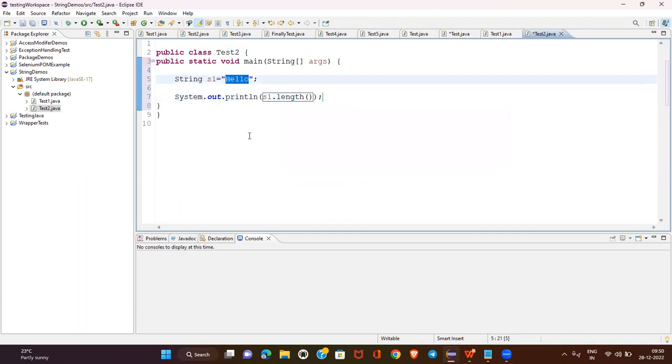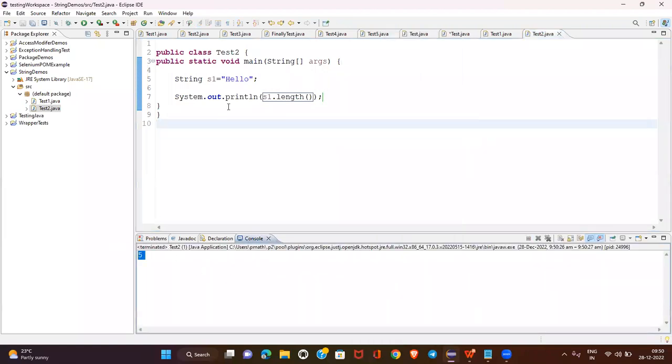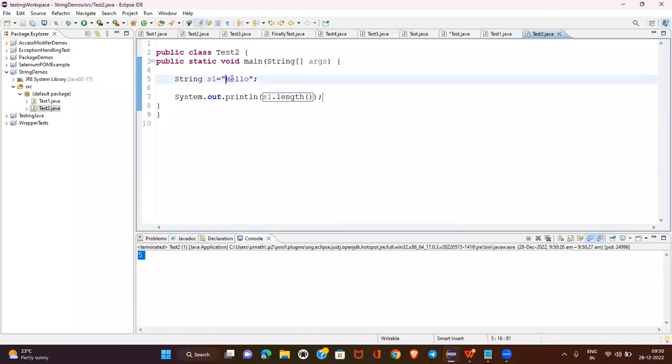It will always store in the form of indexes. Let me show you. It will return the length. Total length is 5: 1, 2, 3, 4, 5. But the index starts with 0 itself. If I'm trying to print the 0th index, so say s1